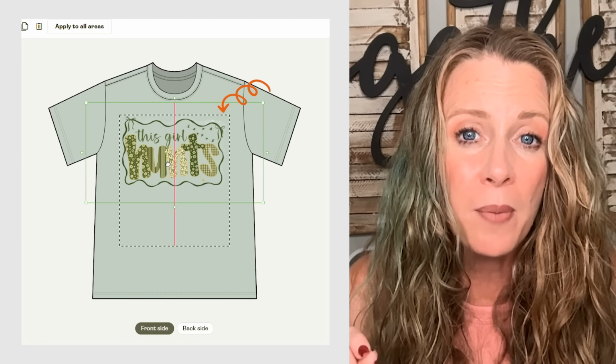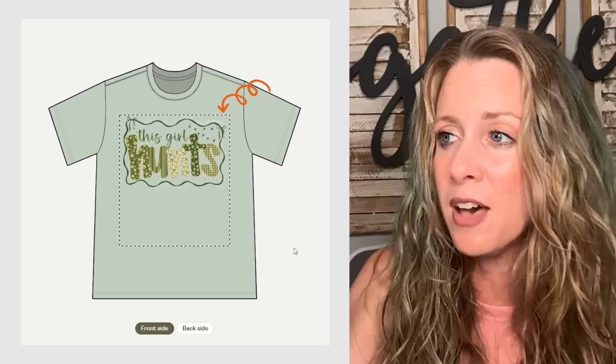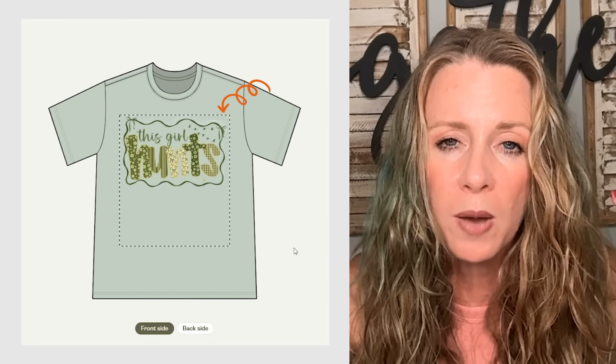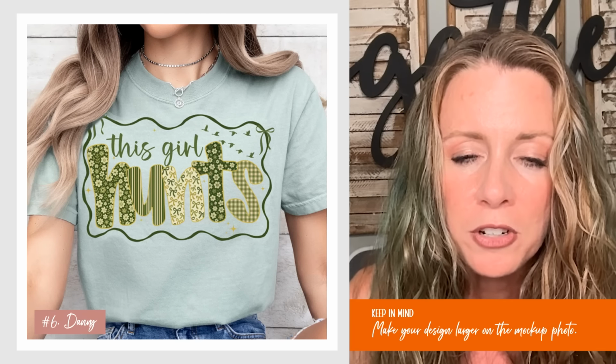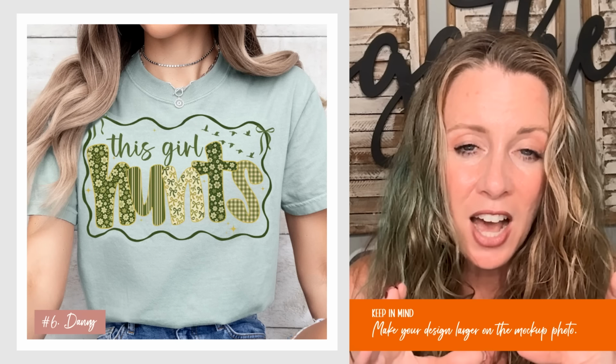And I blow it up literally all the way from the left to the right. And then I usually move it up pretty close to the top of the rectangle. If in doubt, go look at the bestsellers. You're going to notice that the design itself usually takes up 50 to 75% of that mock-up image, where right now, Danny, you have this at maybe 20%, maybe 25% of this entire thumbnail is the actual